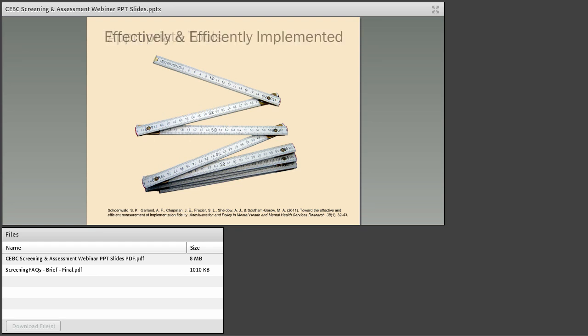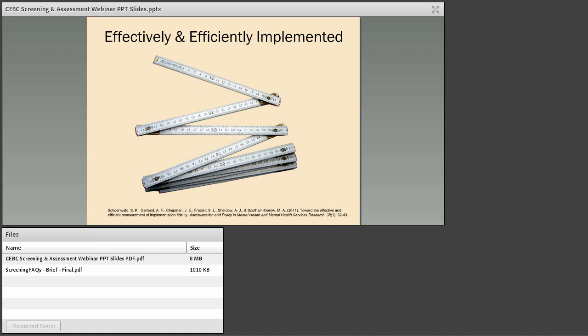A second consideration for this third approach is that regardless of the tool you've got, they need to be implemented efficiently and effectively. So if I have a yardstick and it's the most precise, accurate yardstick in the world, but I use it to measure my waist, there's a good chance I'm going to get inconsistent results or I'll get the wrong number. So even though that's a really good tool, we want to make sure that you use the tool that you might use in your child welfare setting effectively. And that takes a lot of planning and consideration.